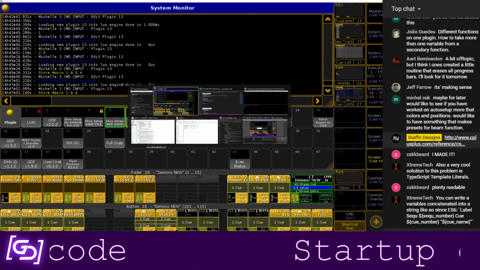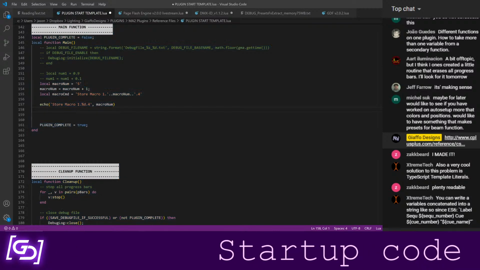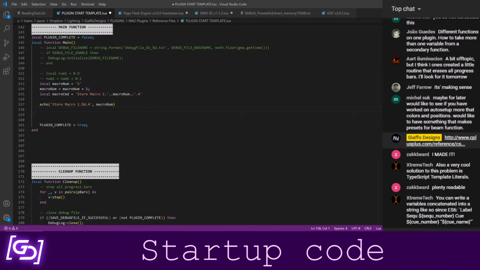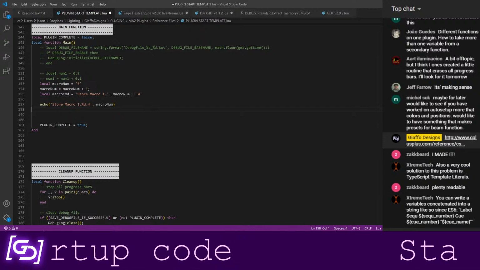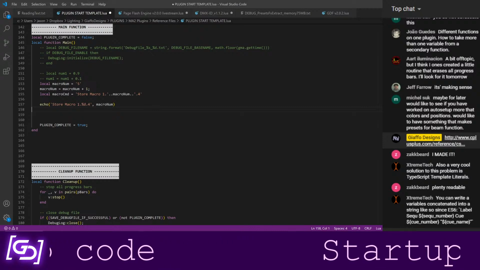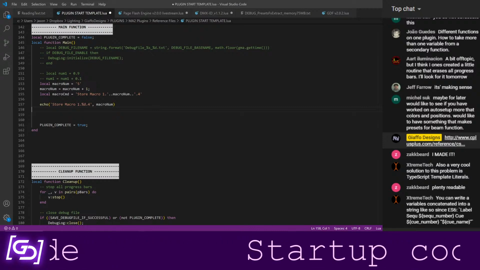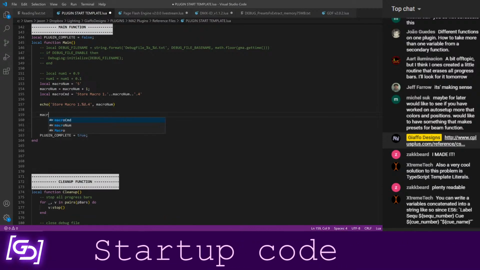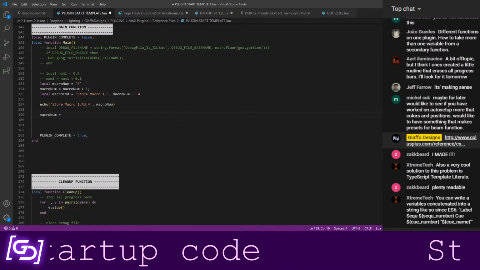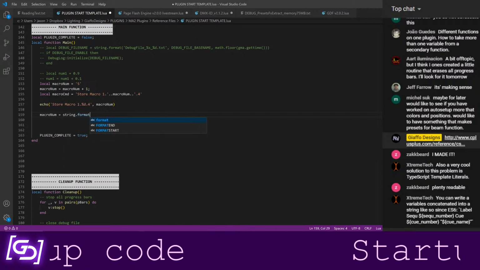And if for some reason you just need to make sure that you've converted your number into an integer format, because Lua doesn't give you any option to say to integer, to float, because it's handling all that in the background for you, one way that you can handle that is to say macro number equals string.format.